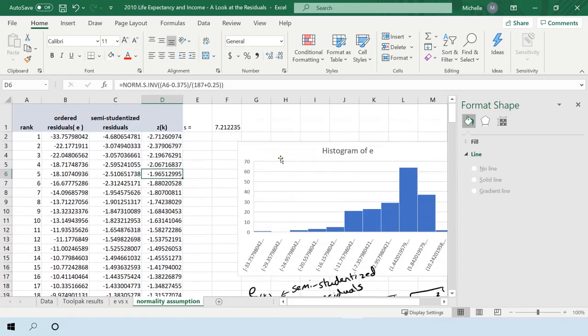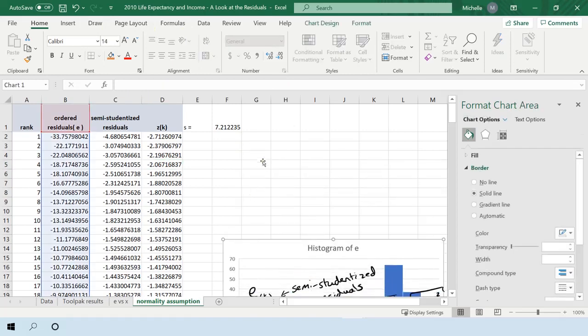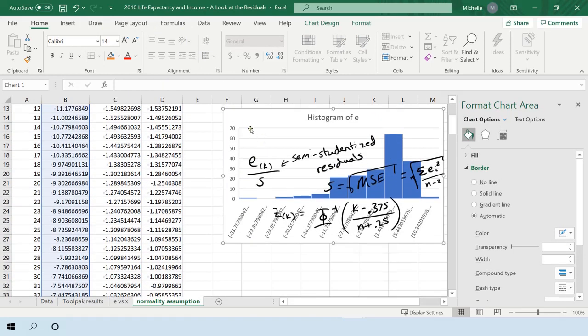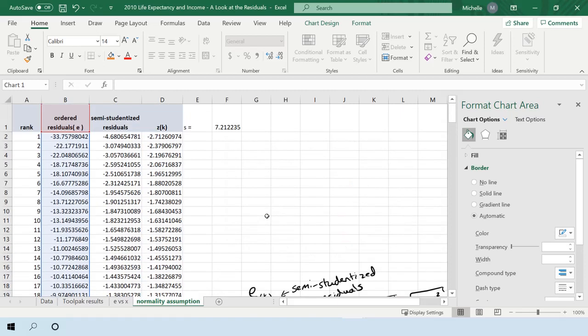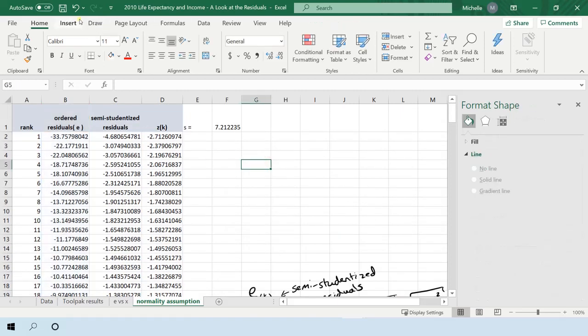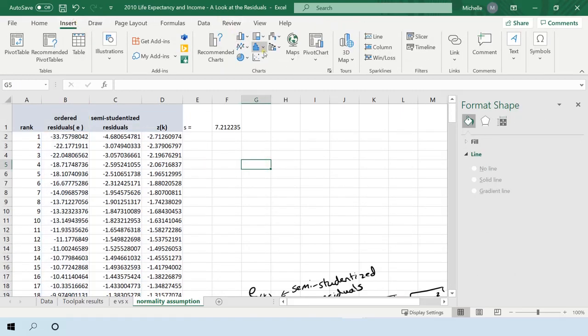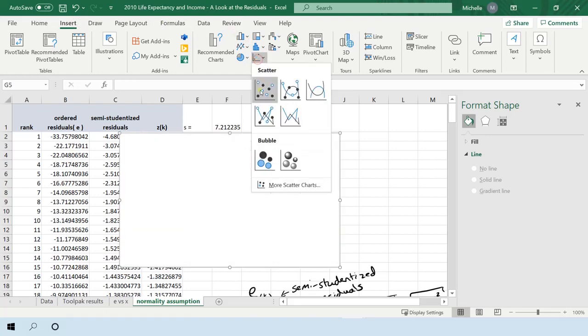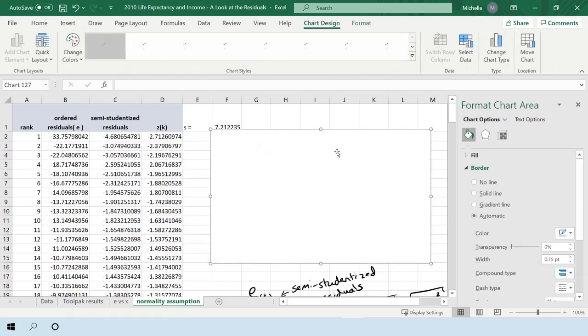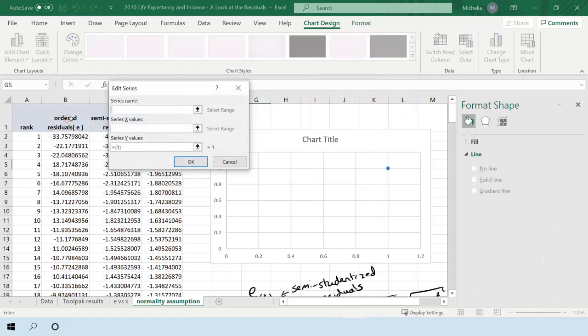So let's see what we have here. If I were to plot these guys, let me move this out of the way. This histogram, I'm just going to move it down here. Okay, so I want to go to insert, and I want to do this scatter plot, move it over to the side, right click, press select data, press add,